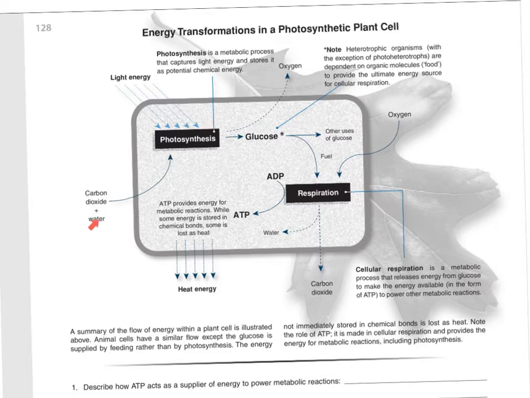What is water, and what do we get out of it? What is photosynthesis? Not we. What do plants do with the water? They break it up. Very first step in photosynthesis, you break it up. And what do you do with the oxygen? What do they do with the oxygen? They release it as waste. The photosynthesis reactions don't need it.